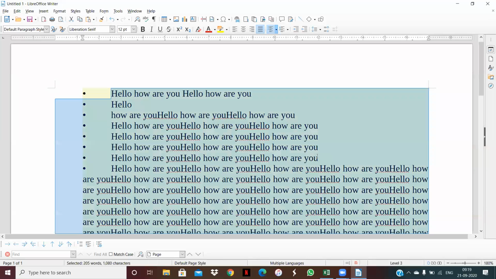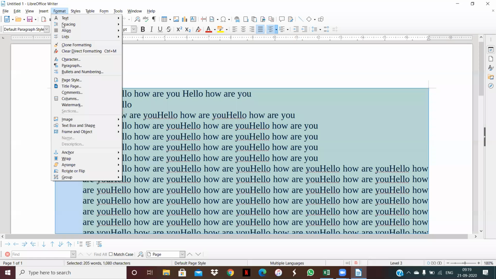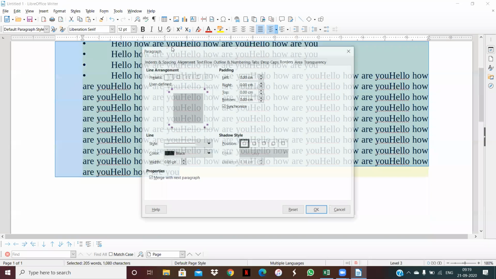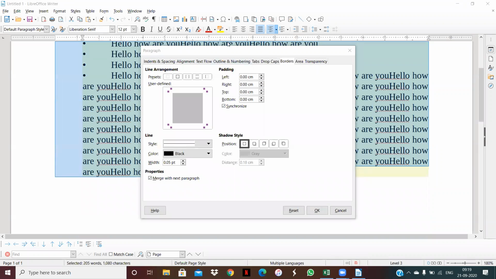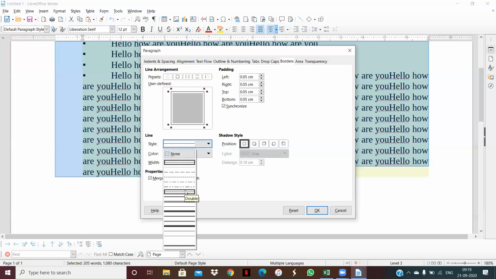Suppose that this is my paragraph and I want to set the border around it. Then how can I do that? For that, first click on Format. Here you will find Paragraph. Click on it. When you click on it, the paragraph dialog box will appear and you will select the type of border, and from here you will select the